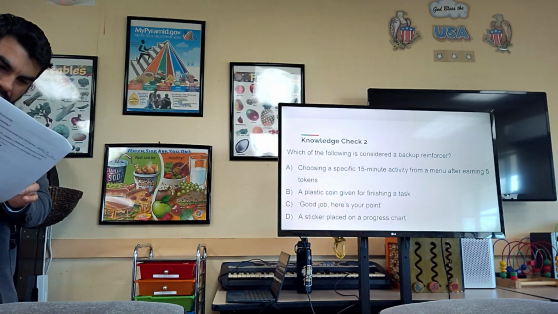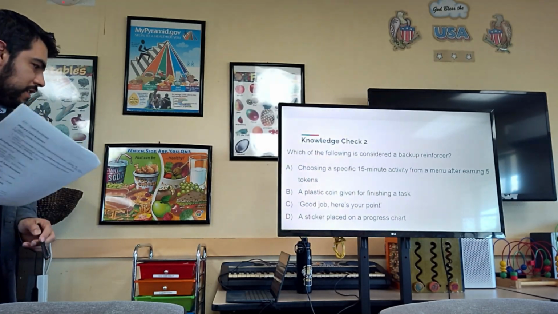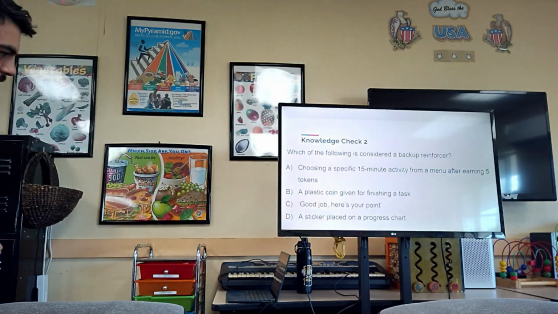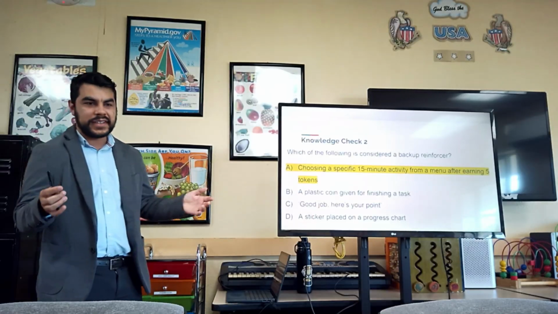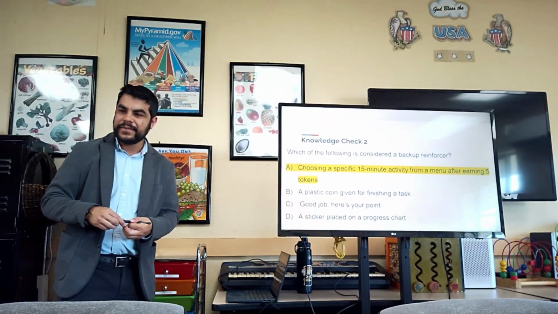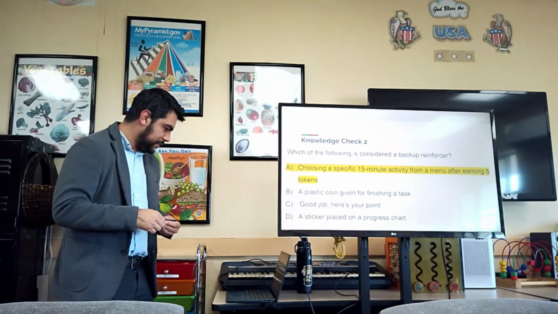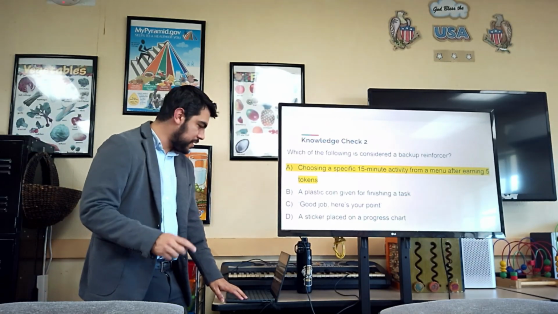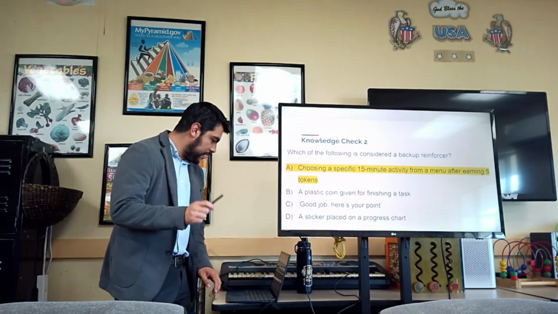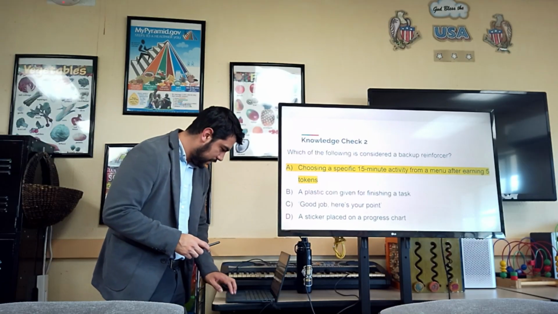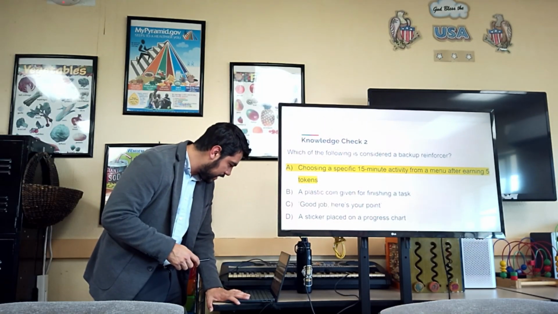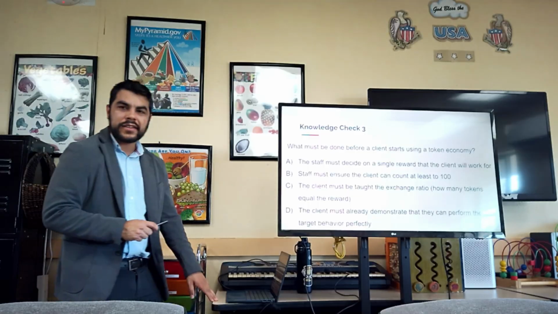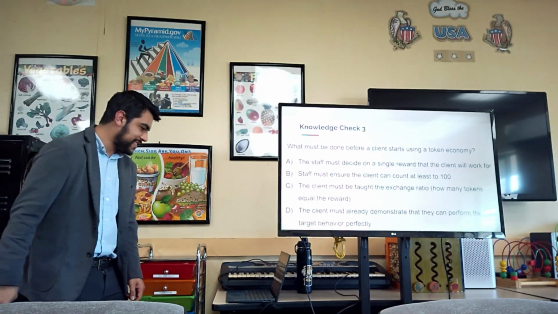Wait, is this 2? Yeah. Okay, so I heard B and D. on the sheet, and you're right. Yes, the 15-minute activity. Yes, you guys are right. This is wrong. The correct answer is B. Choosing 15-minute. Yes, the 15-minute activity is the reward. Okay. I've only had one mistake so far, so I'll take it.